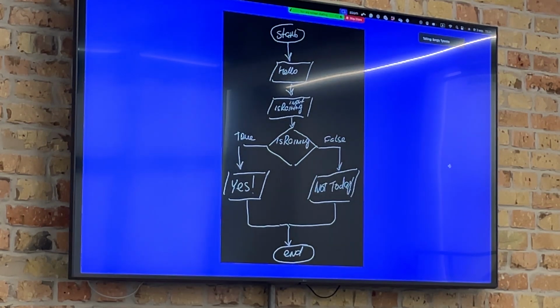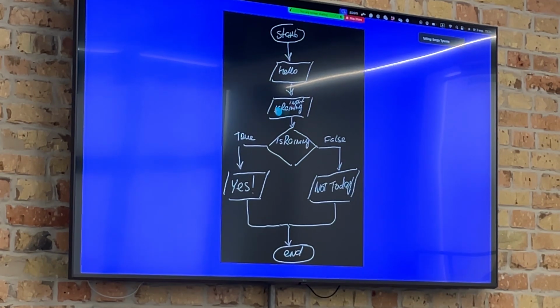Okay, let's come back to our picnic example. Do you remember that? Britain picnic example. So let's think a little bit. Do you see anything? My awful handwriting style, but hopefully I will read it loud and you will understand. So start, then output hello user, then input is raining.